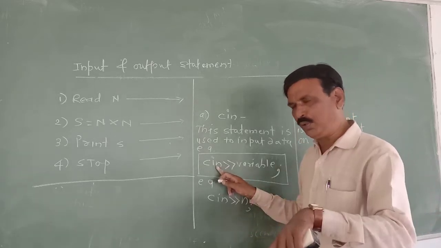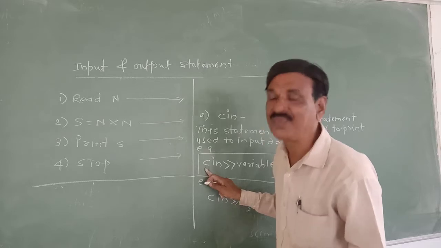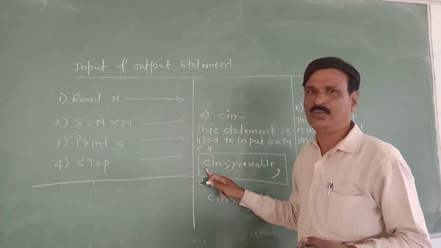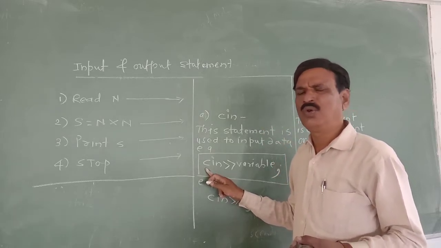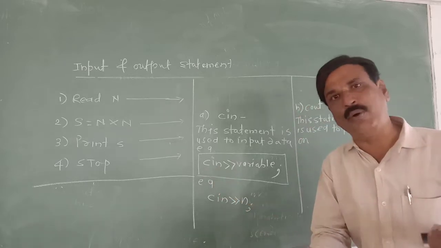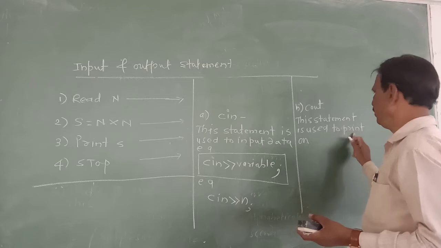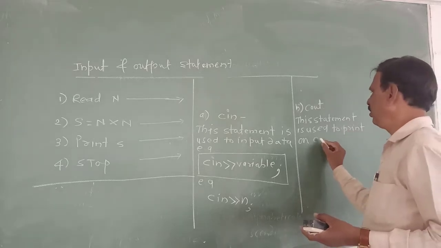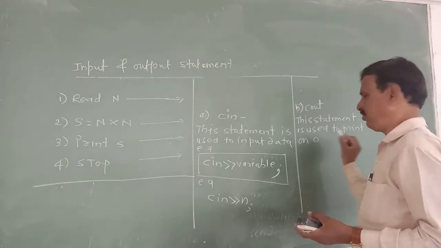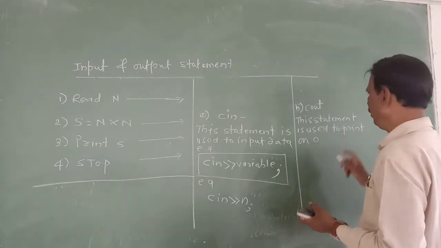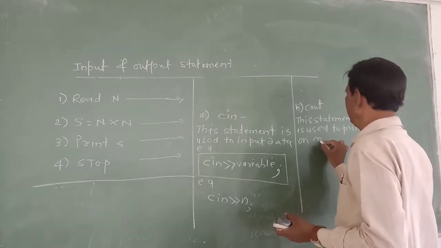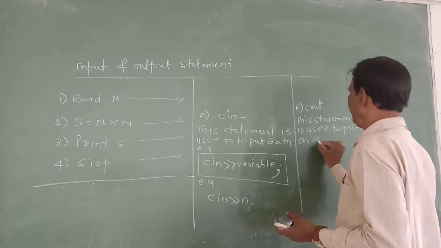In, that is input. C for console. What is meant by console? So console is the keyboard. Similarly, output, that is print, on the console device, that is the output device. Print on the console device, that is the monitor or screen.